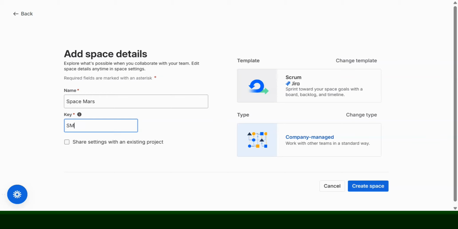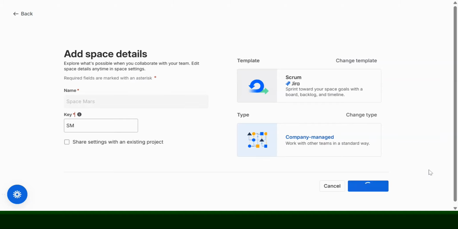So I could go ahead and just default to the space key that was given while I was entering the name of the space, or I could even change it if I want, right? I could even say MS if I want, or even my name probably. But it should be identifiable, and that is why you're using a key ID, right? So I'm going to just use the default one. So you have the space name, space key. We have the template. If you want to change the template at this point in time, you could change it. And same with the type of the space. You could also change the type of the space at this point in time to team managed if you would like. But I'm good with all these details, so I'm going to keep them as is and click on create